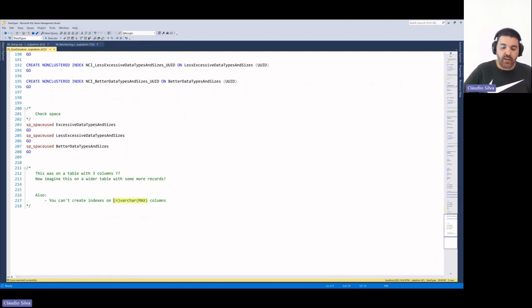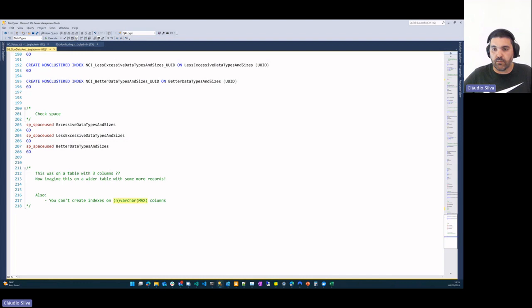The NVARCHAR or VARCHAR max can hold up to 2 gigabytes of data. However, what happens when you save the data in an NVARCHAR max column, but it's just 100 characters? If that fits inside of the record and inside of the 8 KB page, which it will in this example, the data won't be offloaded to the other allocation units. Because the data type exists, you will see that you have the LOB data and the row overflow data, okay? But until you get to a size where the record cannot fit on that page any longer,